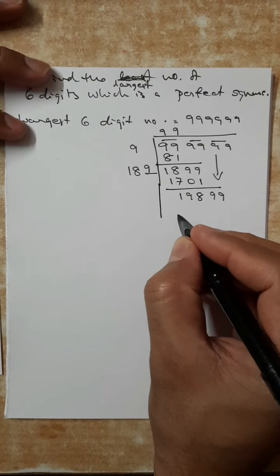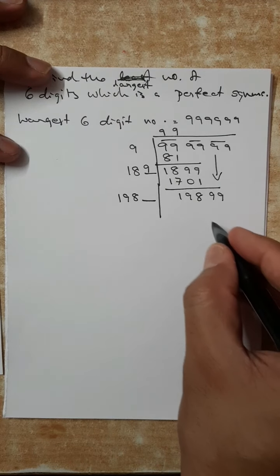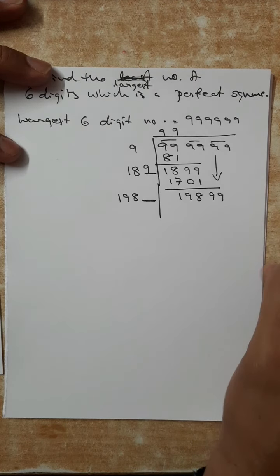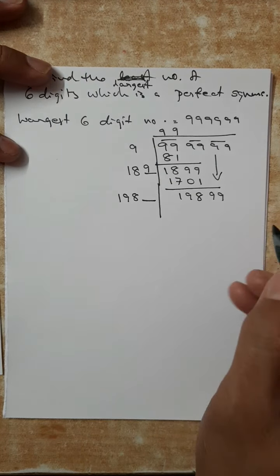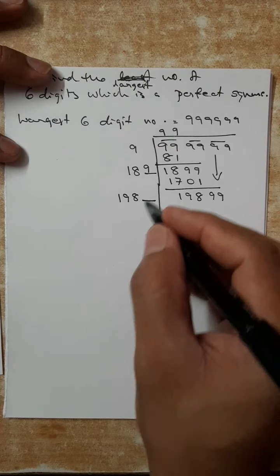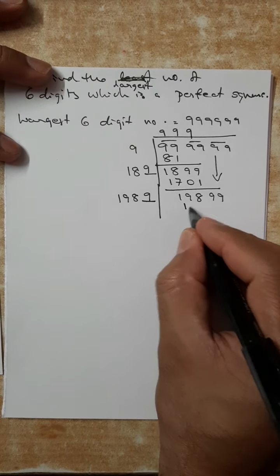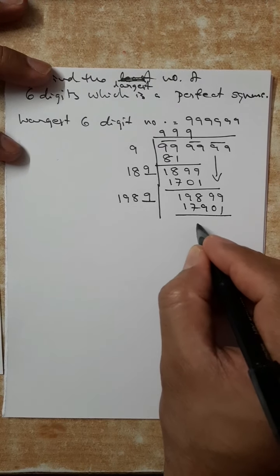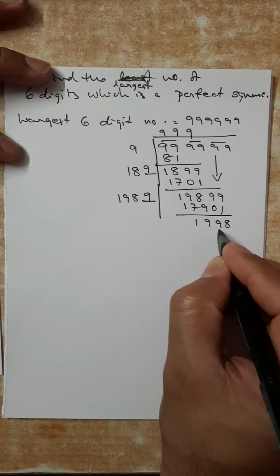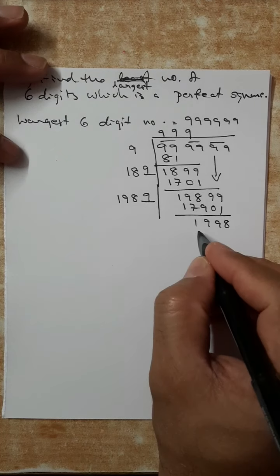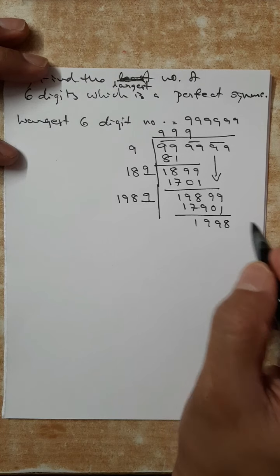Double of 99 I have to write. Filling with something. Yes, these are big numbers, so it will take time. Slowly, by the trial method only. First you have to try with 8, 7, 9. You have to try only the trial method, as I explained many times. So I am writing like that. 9 times it is going. Balance is 1998. That means we have to subtract this number. If the question is to subtract, this balance will be subtracted.